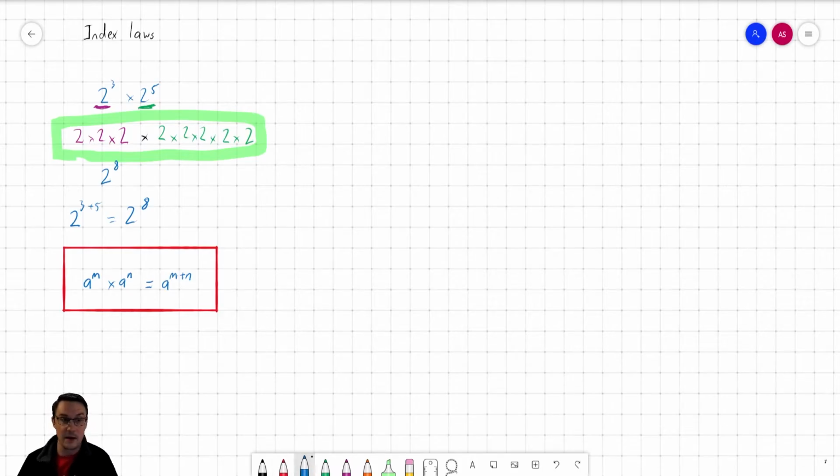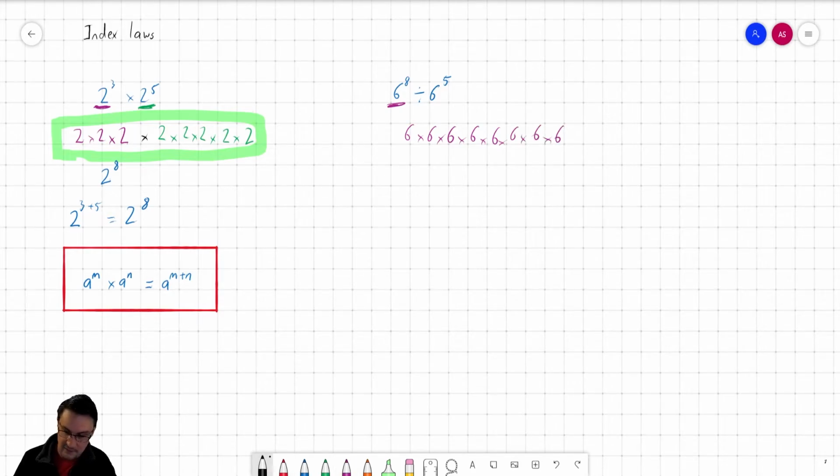Now, in a similar way, we can consider what happens when we're dividing as well. If we have 6 to the power of 8 divided by 6 to the power of 5, what is happening in this case? If I do the first part first, this can be considered to be 6 times 6 times 6, 6